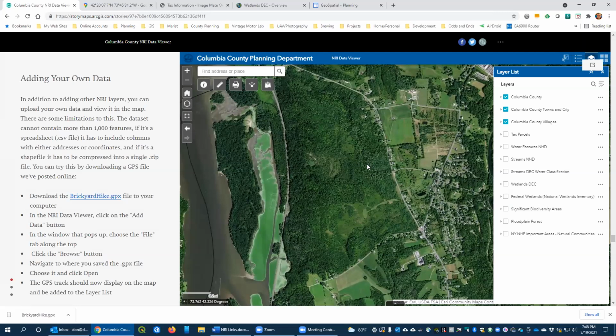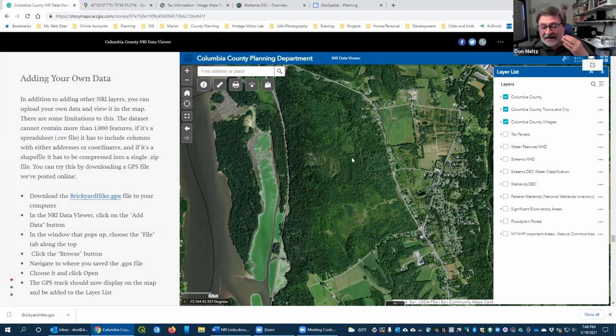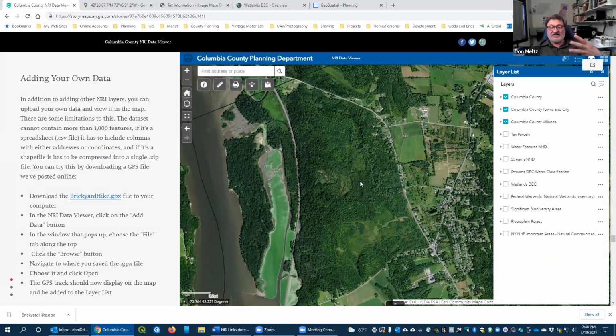And show it. Okay, you can also add your own data. So this is something I haven't shown before. So if you have a data set that's not on here, but you have it, it can be either like if you have some GPS points that you've gathered, if you have a shapefile from an applicant, if you can get them to give you a shapefile or some kind of layer that can be added to this map, we can go to this again at the Add Data button,